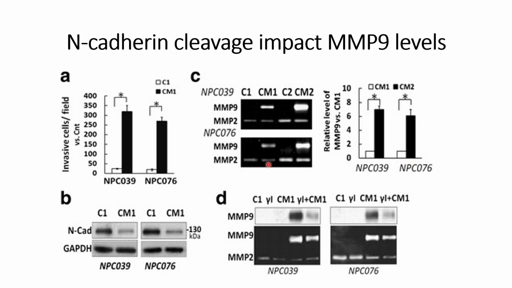Now once they established that in the case of condition media the N-Cadherin level goes down and the MMP9 level goes up, they wanted to see whether these two things have a relation or not. So in order to check that, they prevented the further cleavage of the fragmented N-Cadherin using secretase inhibitors. When they used the secretase inhibitors, in the control cells or in the cultured media cells, they do not see MMP9 levels, and when they used it for the condition media 1 only, they were able to see high MMP9 levels,